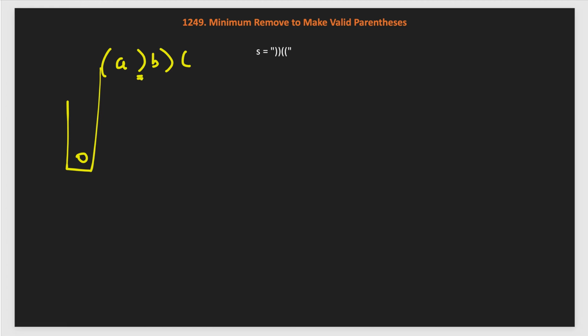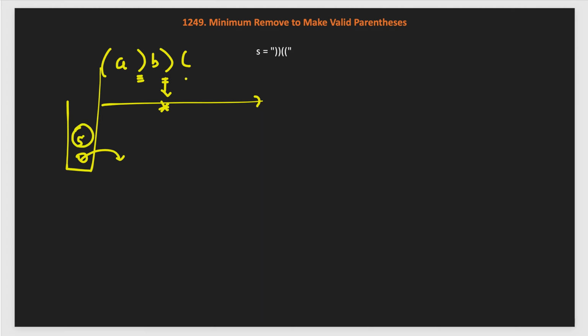After that, this close, we found a close. So, we will pop out this 0 from the stack, then we got another close, and in that case the stack is empty. So, we will mark it right here with the asterisk special character, and after that we are getting another open. So, we add the index of this open here, which is 5. So, we are done with the first pass.